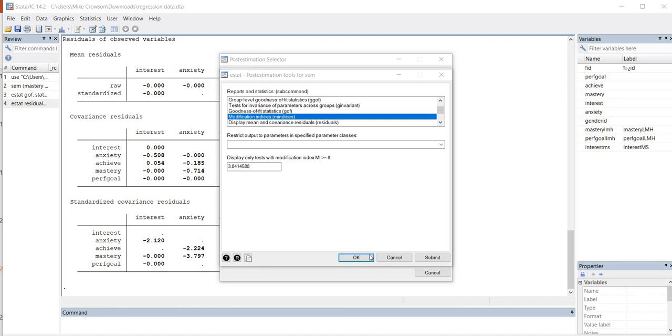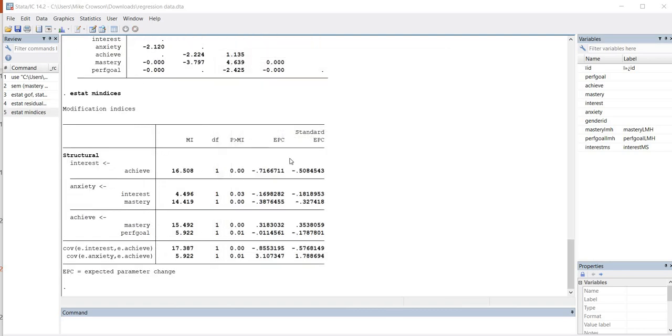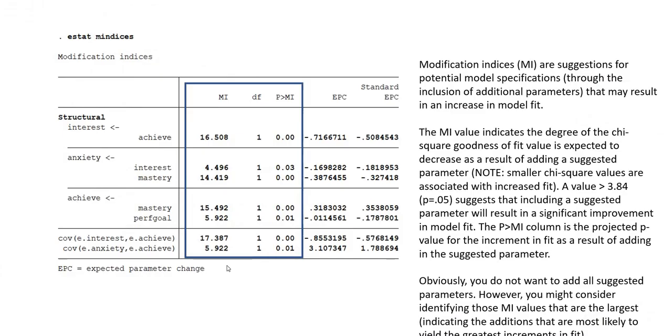So I'll go ahead and click on OK, and now you can see that I've got a table containing the modification indices. Again, you can think about the modification indices as suggestions for possible model respecifications where you're adding in additional parameters. Now keep in mind, first off, if you're going to modify your model by adding in additional parameters based on these indices,